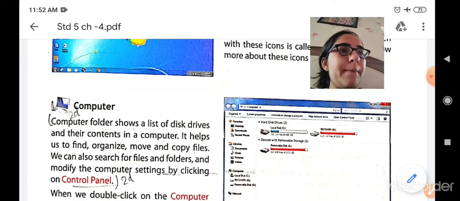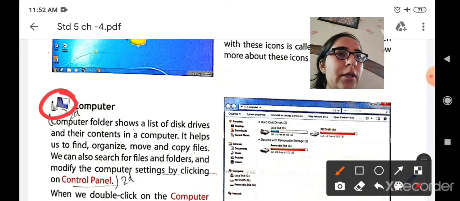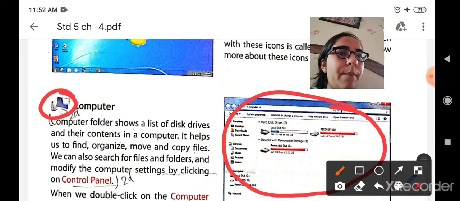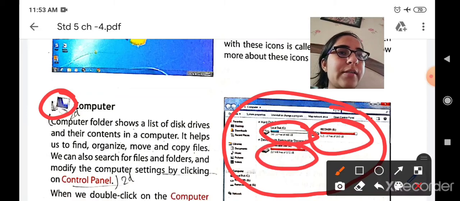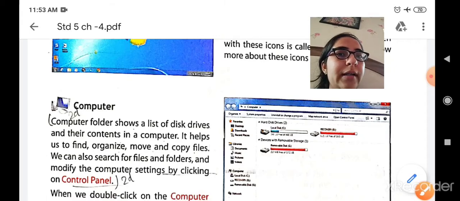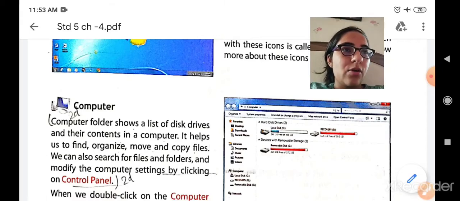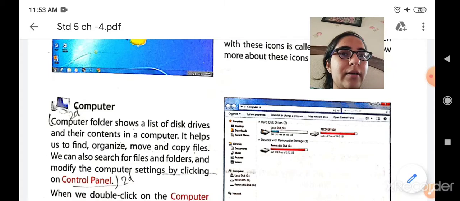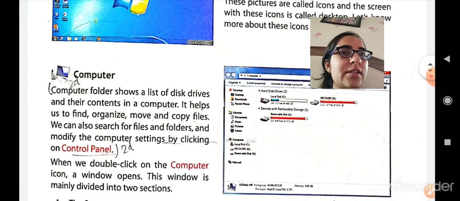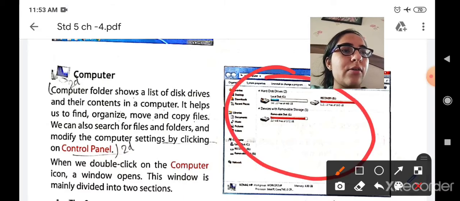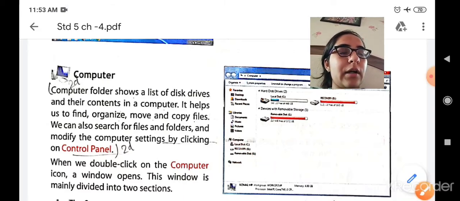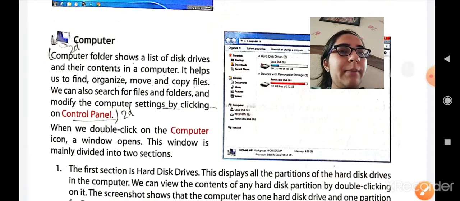Okay, so when you double click on this My Computer icon, you will see this window get opened. It contains various drives. In these drives all the files and folders are stored, and the sub icons also you can see. So it is called the contents of the computer. All the contents or the things which are in the computer icon you will find there. You can change the settings. It means you can change the entire look or the interface of My Computer by clicking on the control panel.